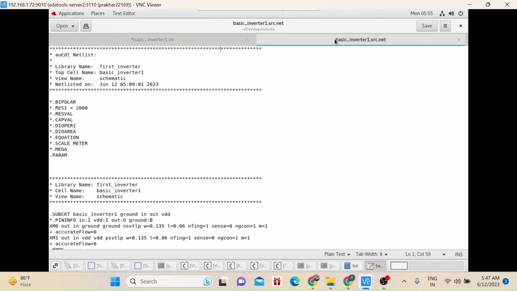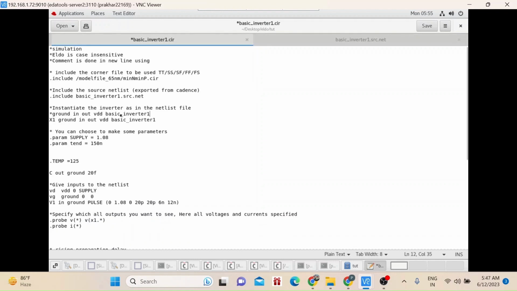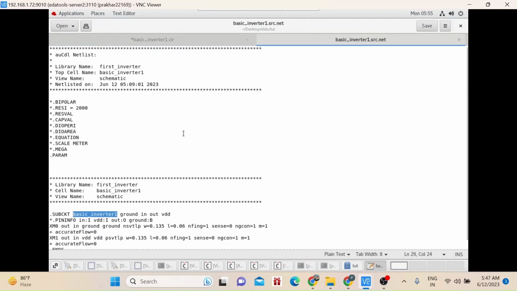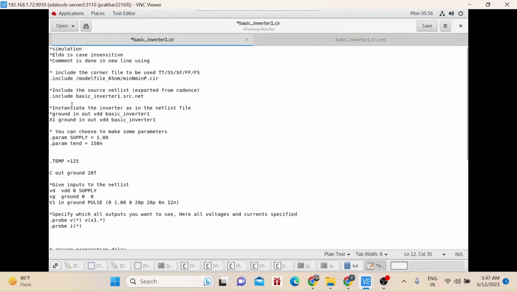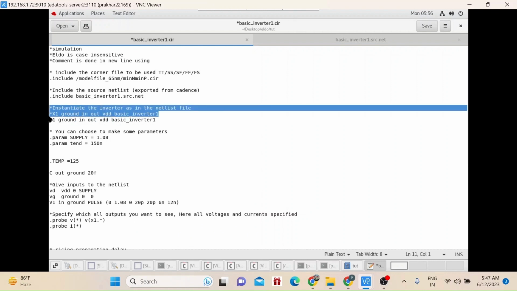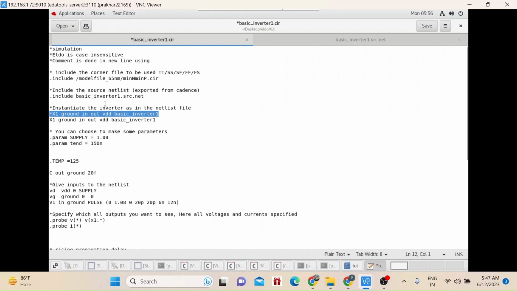Again go copy this and again paste here, and in the front just write x1 or anything you want. So this is the process you have to follow to instantiate your inverter in the CIR file. Otherwise it will make an error.